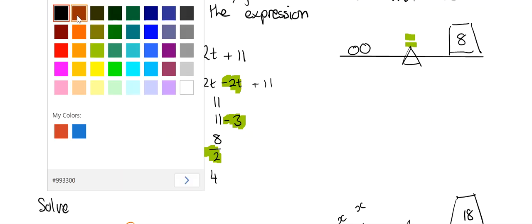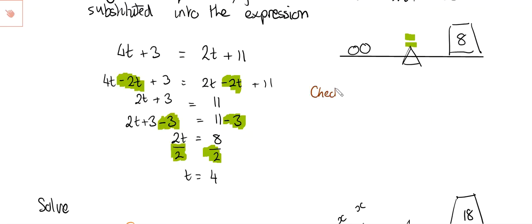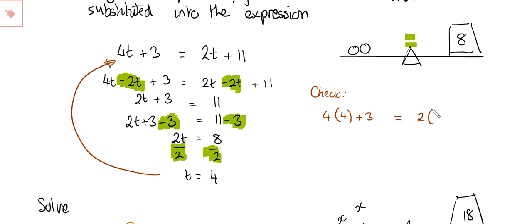And we've done this before. We can do a check. How do we check? So if t is equal to 4, 4 times 4 plus 3 should equal 2 times 4 plus 11. And we just check. 8 plus 3, that's 11. This is 8 plus 11. That's